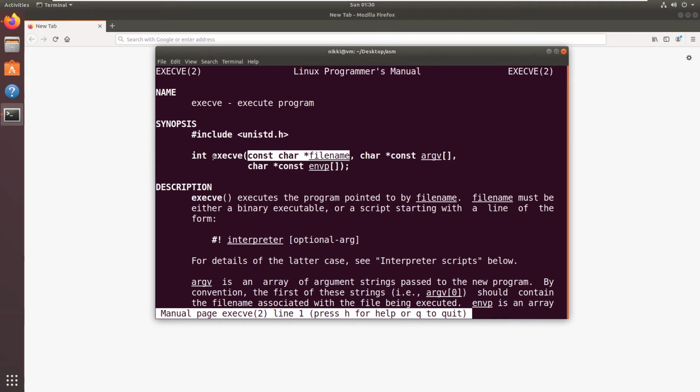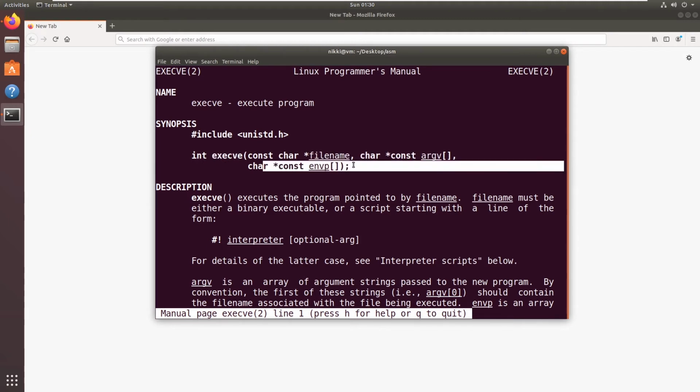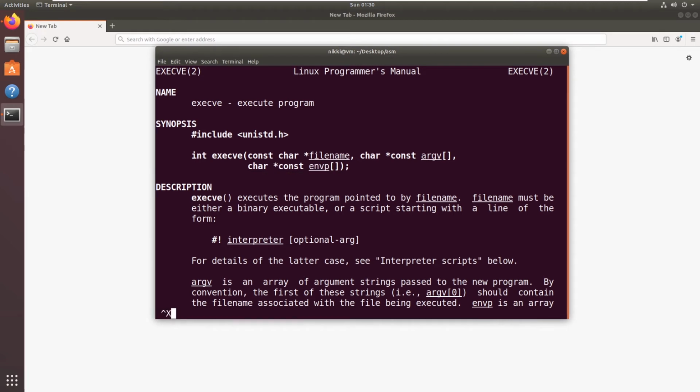The execve system call number is 11, and that is going to be stored in the EAX register. The first argument is going to be stored in the EBX register, and the other values can be null, stored into ECX and EDX respectively. And finally we will call interrupt 0x80 to execute this system call.